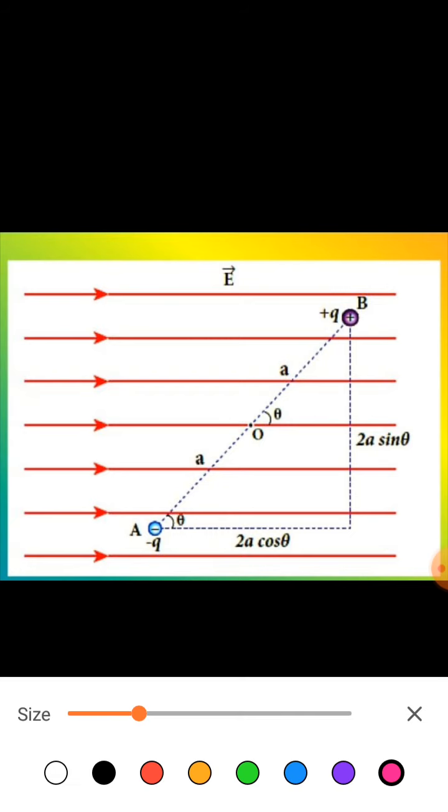That is, plus q placed at B and minus q placed at A, separated by a distance 2a. The midpoint is O,